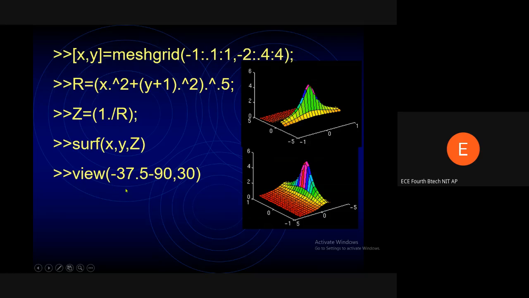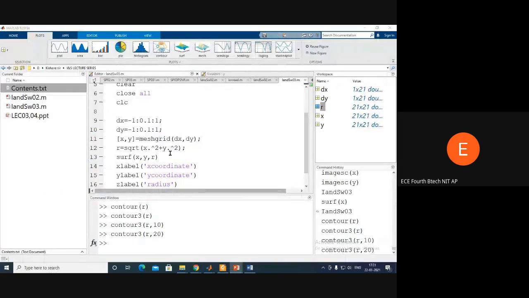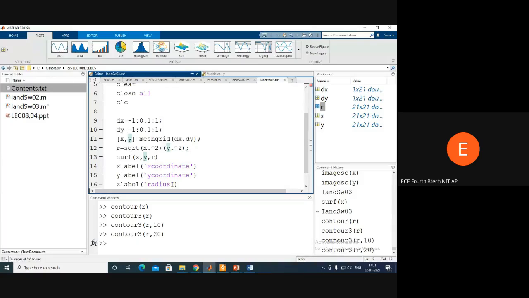And he is going to view this surface image in specific coordinates, in the sense of the x coordinate from -35.5 to 90 to 30, and he is taking a specific value of y, that y is 30. Okay, fine, let me do that over here. So y is being added with +1, y + 1. Now after calculating this r, he is going to calculate z is equal to 1 upon r,